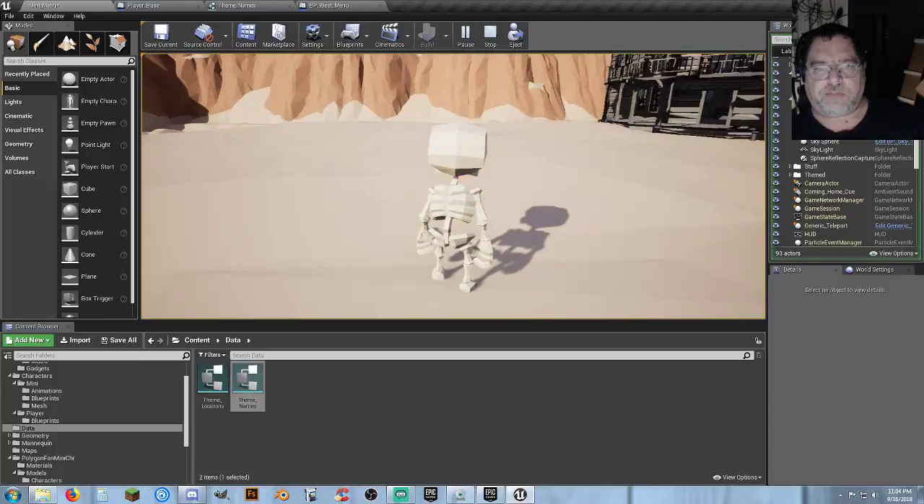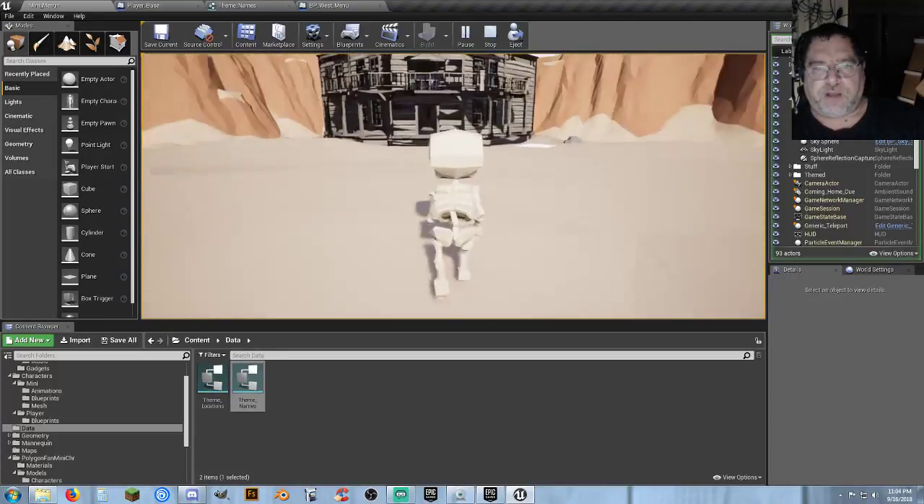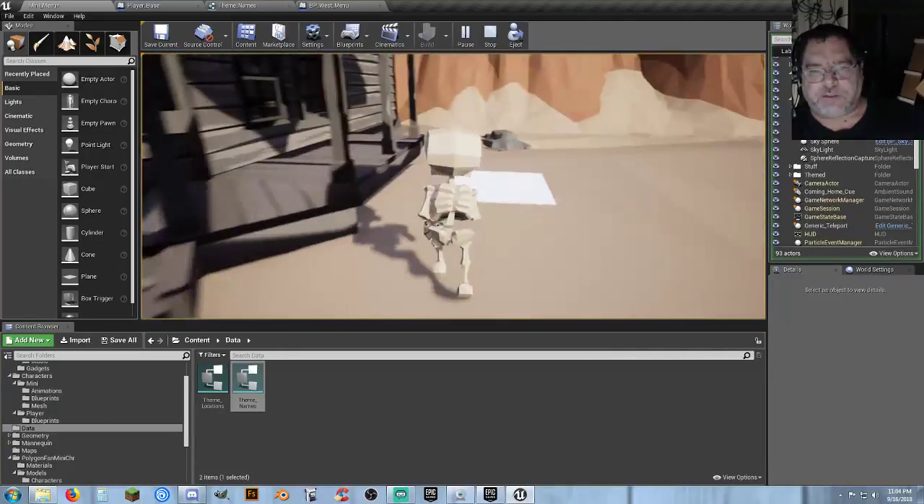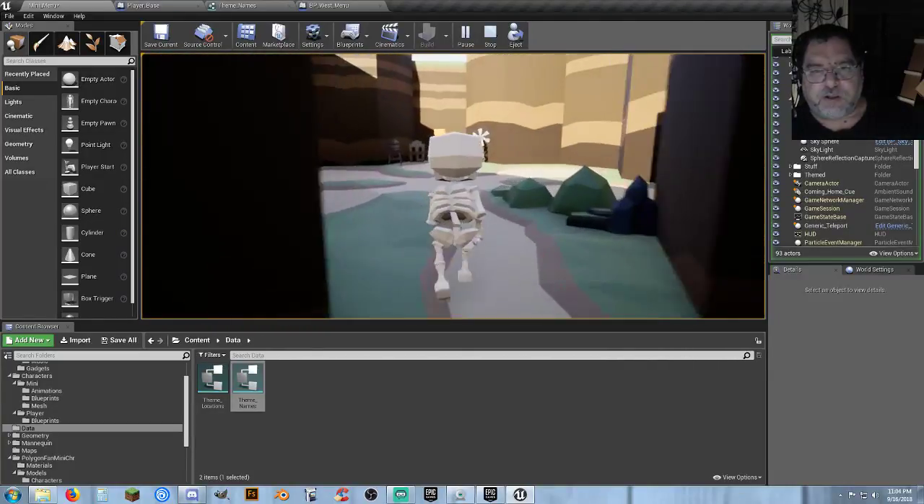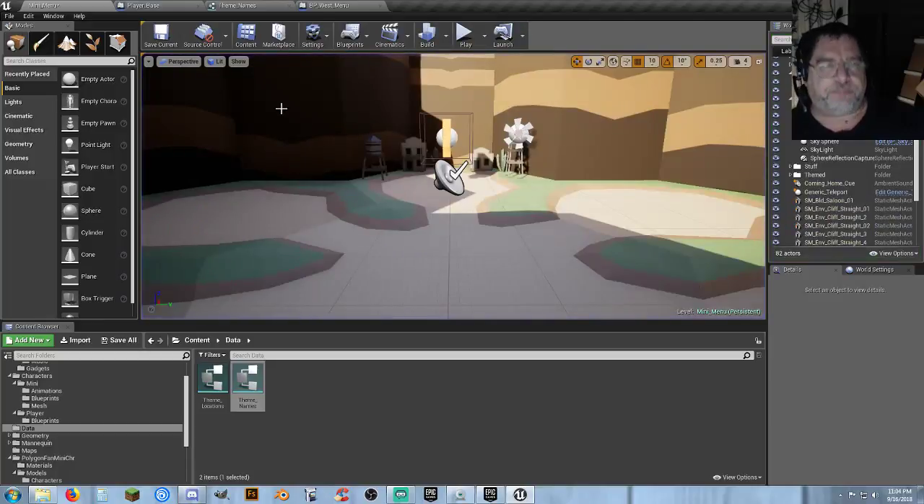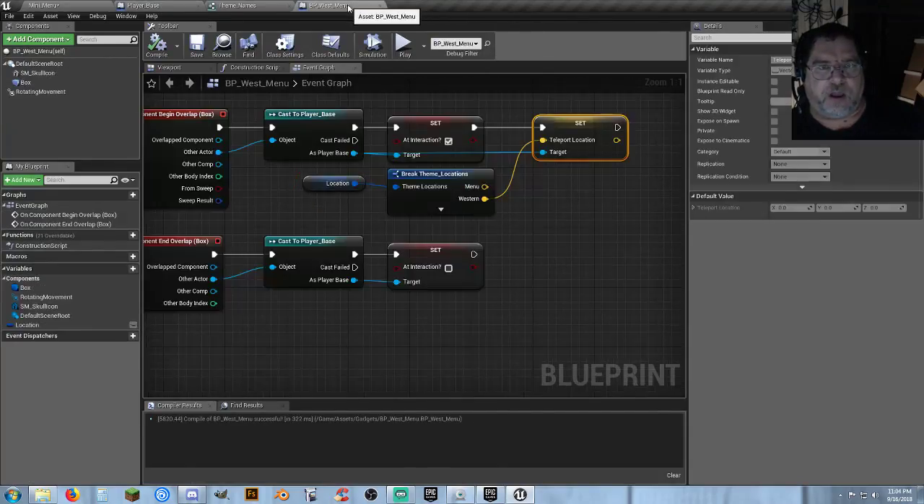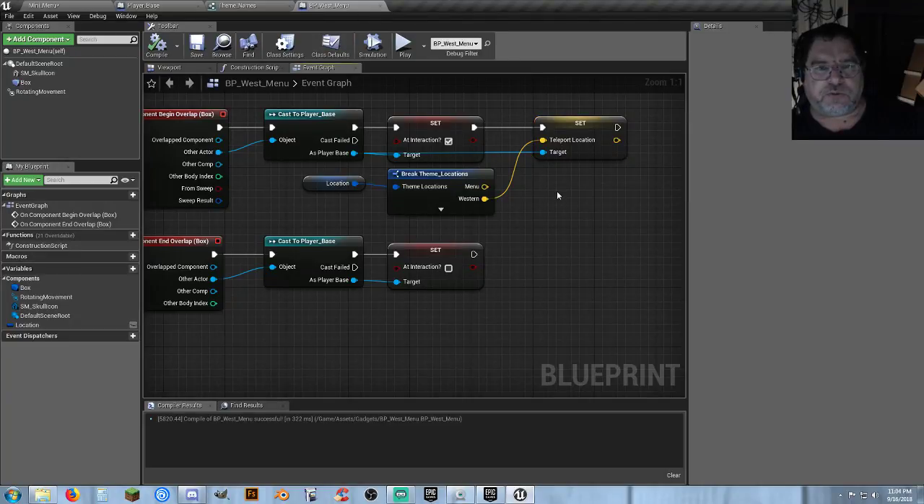So now I can, boom, and interact. I can go to the new map. Everything is good to go. And I'm still a skeleton. So come back over here, and I'm still a skeleton. So I also want this to, since I'm telling it to teleport to a specific location,